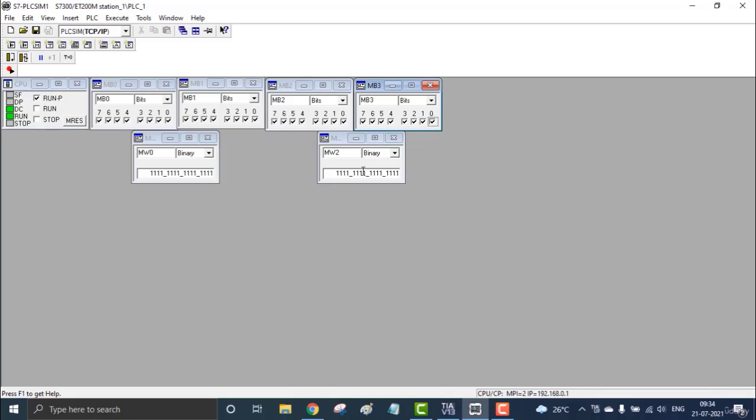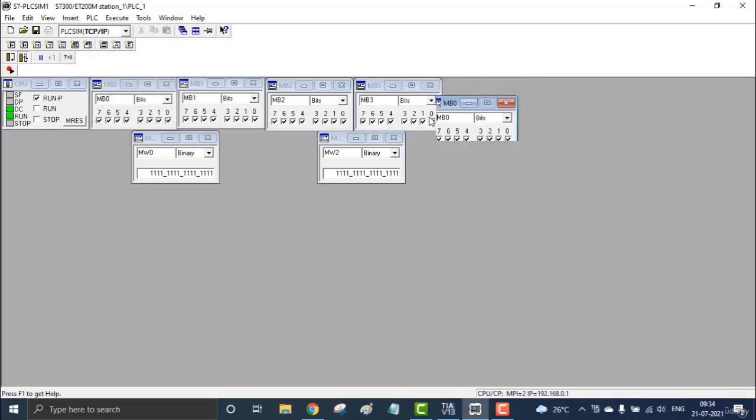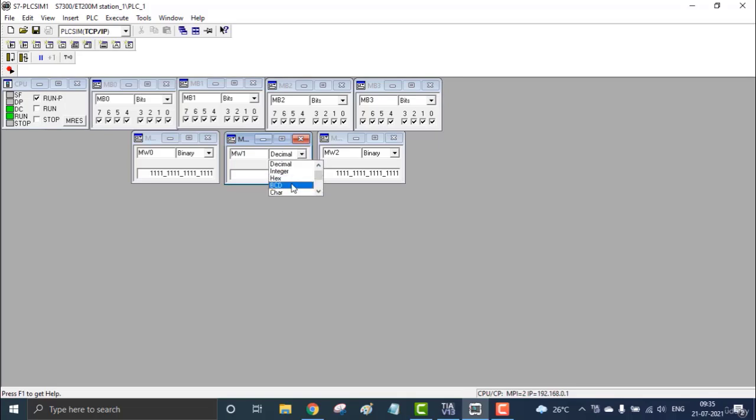So where is MW1? MW1 is the half of MB1 and the half of MB2. That means the memory has been overlapped between the half of MB1 and the half of MB2. That's the trouble. If you are using MW1, some values will be overlapped, so you will be able to see some changes in the value. So I'm not using MW1. We are using MW0, then MW2. After that we are using MW4, then MW6, like that.